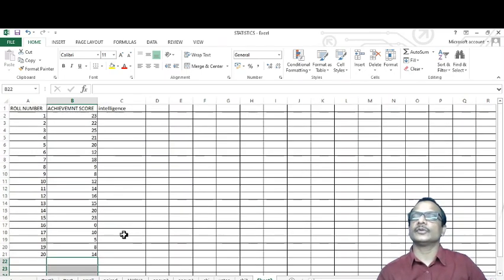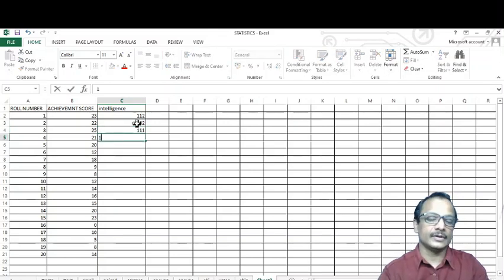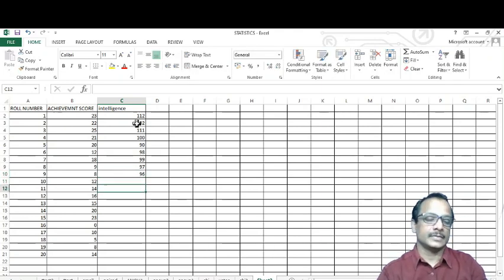These are arbitrary scores of students with roll numbers 1 to 20, and their intelligence scores: 112, 102, 111, 100, 90, 98, 99, 97, 96, 100, 111, 112, 113, 114, 96, 88, 90, 92, 100.